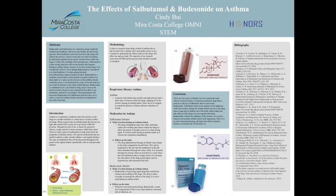Budesonide inhaler is usually used as a preventer inhaler. Budesonide is a long-acting agent that controls the tension and swelling of the lungs. The drug is taken every day to prolong the effects of the drug. It is never used during an asthma attack. When the oral corticosteroid budesonide is used for a long period of time, it can cause diabetes, increased heart rate,